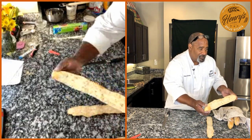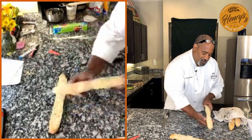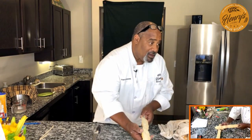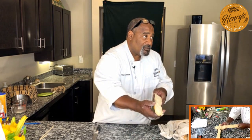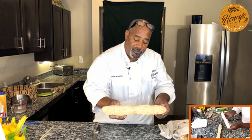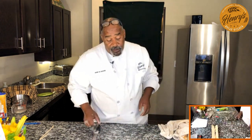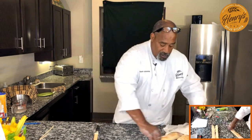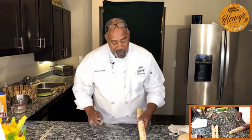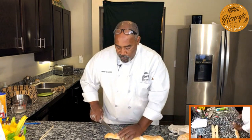See that? Little holes. So this is about as good as you're going to get in an environment with no steam oven. And that's good. That's a good loaf. See the flour I told you that you would sometimes have on top? So now when you're serving,